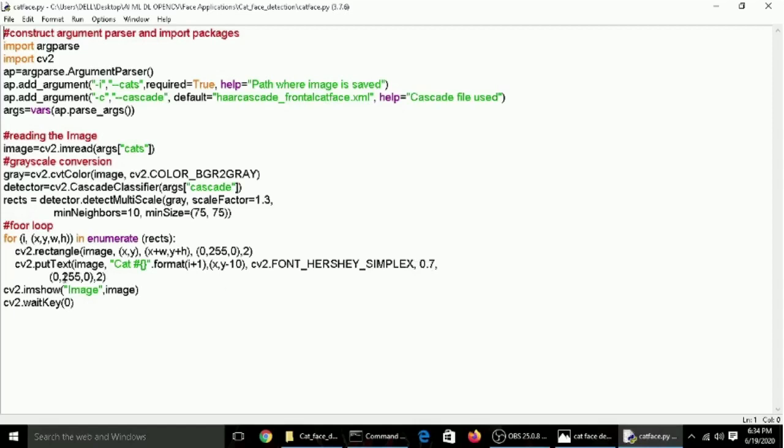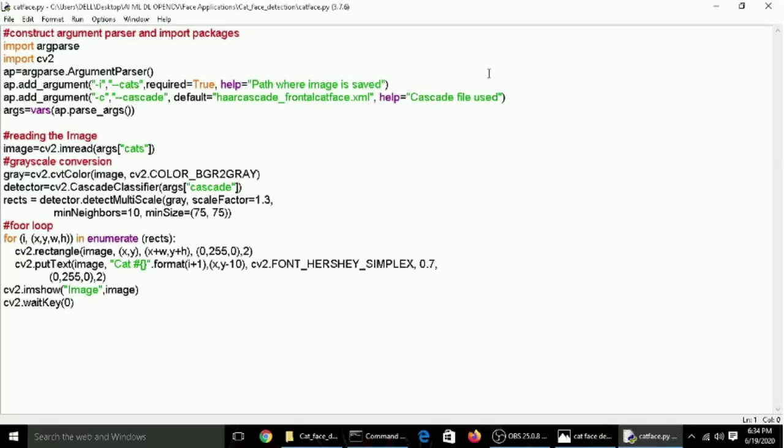Then we are also passing the color for the font, that is green, and the thickness, that is 2. Then we want to show the image, so we use cv2.imshow. We write image and the image which we are passing. Then we end the program with cv2.waitKey(0). So here the program gets over.